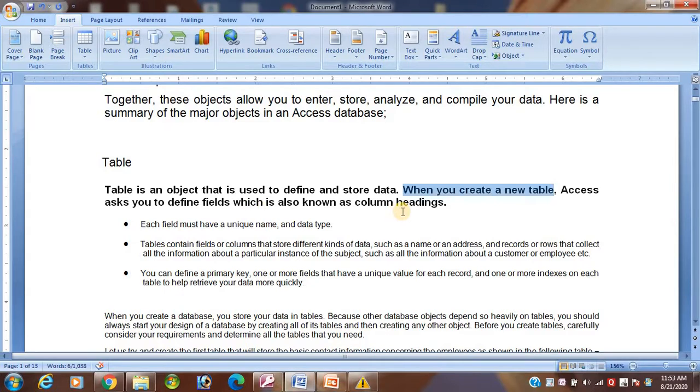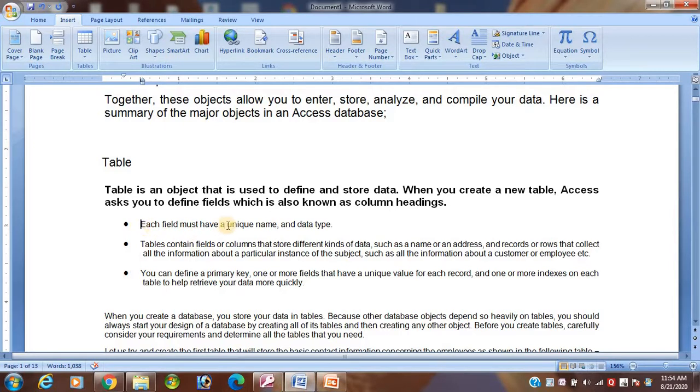So that's why, students, I am telling you, to create a new table, first of all we need the field. Without the field we cannot make a table, because without the field the table is meaningless, and MS Access or the database is meaningless. To make a table we need first of all the field. This first point is important for making a table.